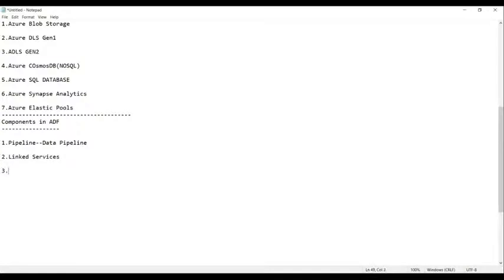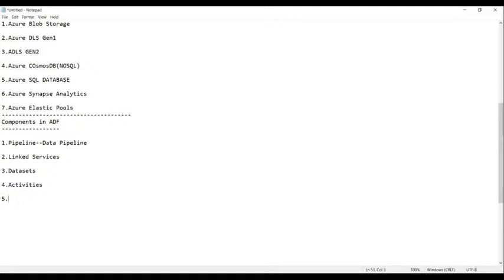And the third one is called datasets. Pipeline, linked service, and datasets. And the next one we have is activities.